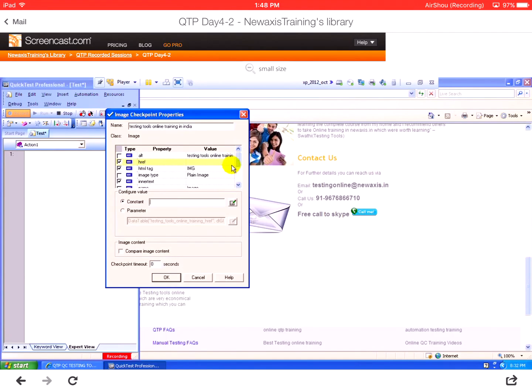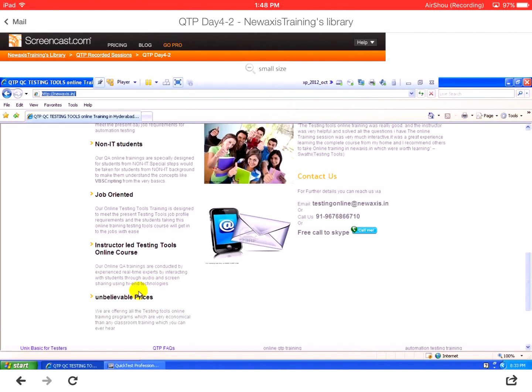Suppose you need to check the source property, or some name property of the particular image. You can choose that particular property. Same thing as a text checkpoint, but the difference is adding it to an image. You should see an image object, and this is applicable only for an image object. Let us check the source. Source is nothing but some URL where the image is coming from. Now I am selecting the source property of the image. Now say OK